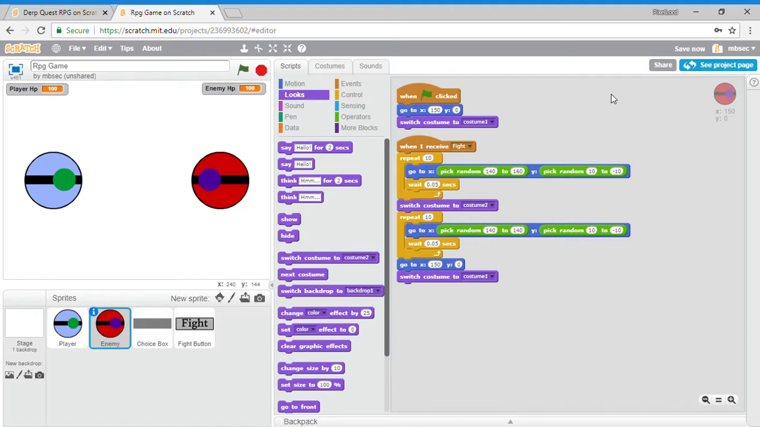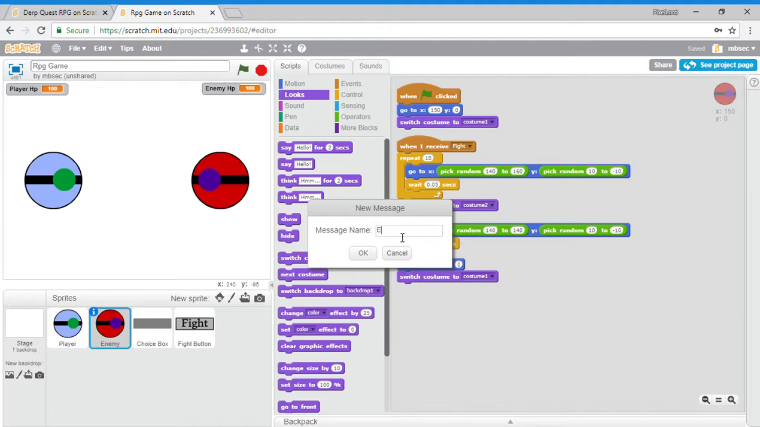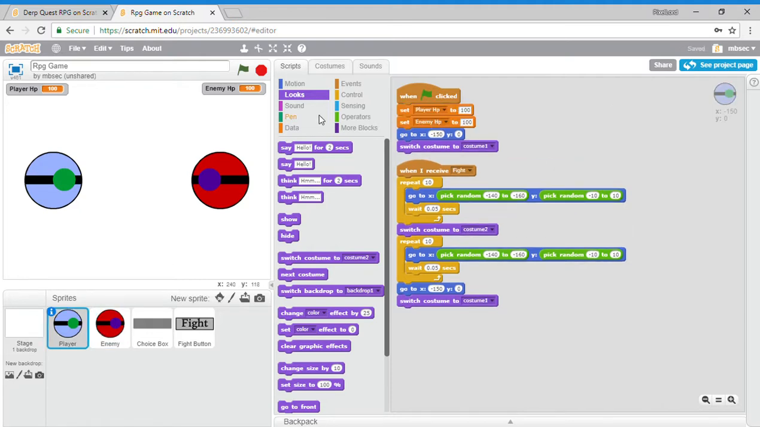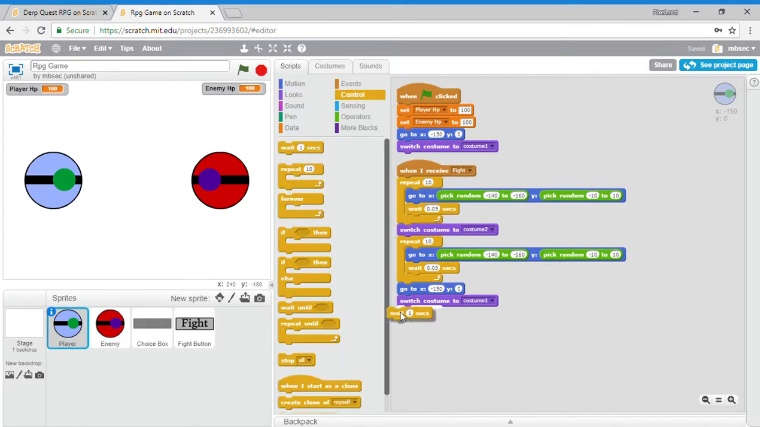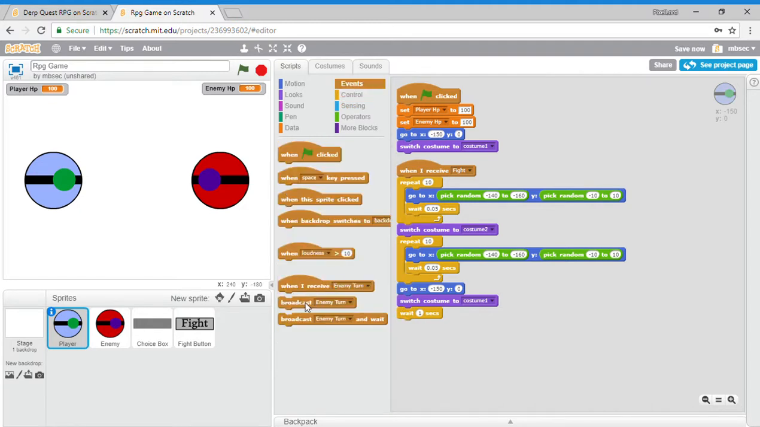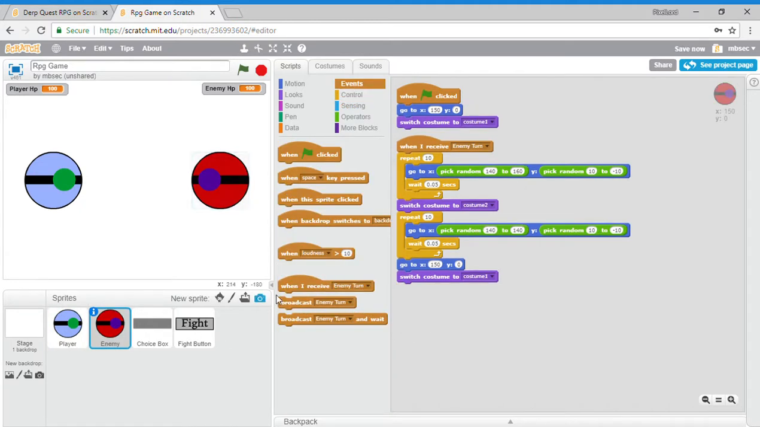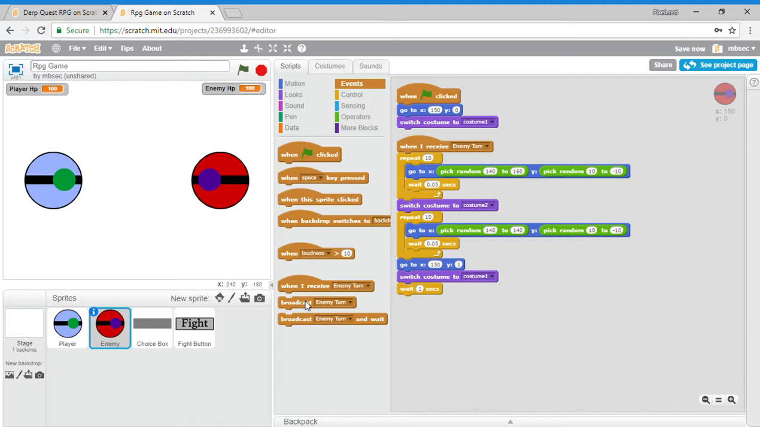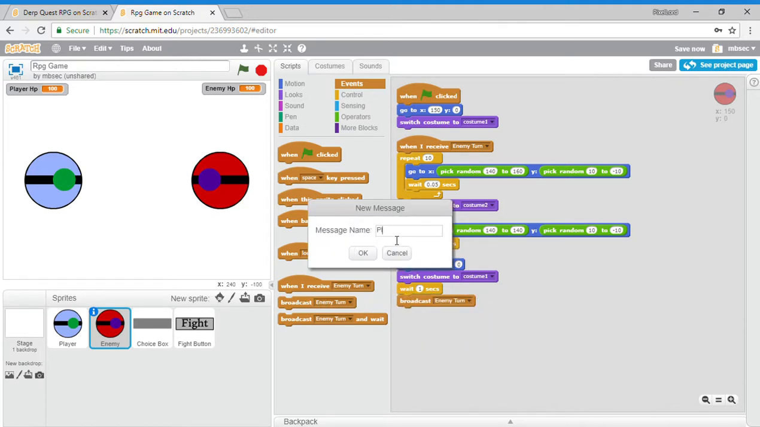and then make a new, so just don't forget to change that. Make a new message called enemy turn, and then go back to player, and then after it's done this, do 1 second and then broadcast enemy turn, and then after enemy turn it'll do the same thing, but it won't broadcast your turn. Well, it will, but yeah. So then broadcast a new message called player turn,